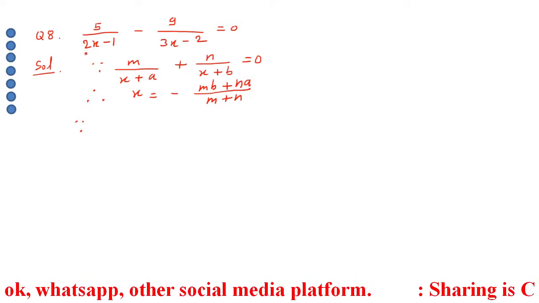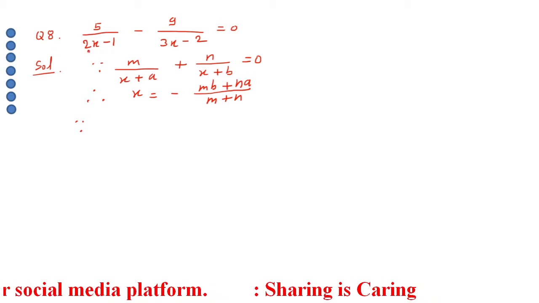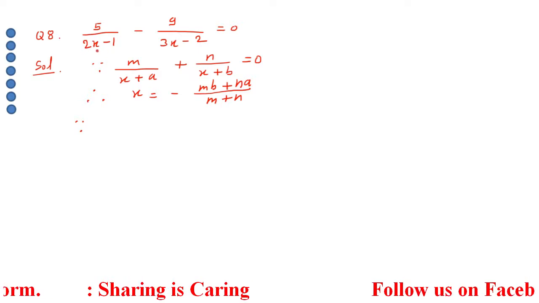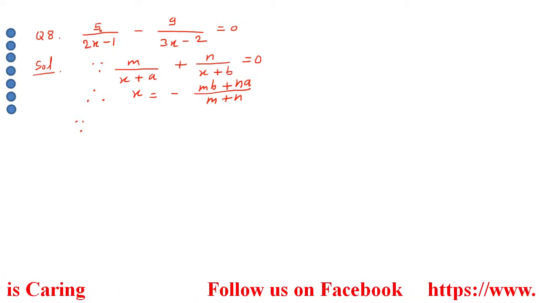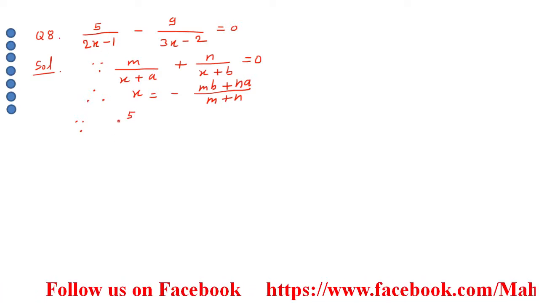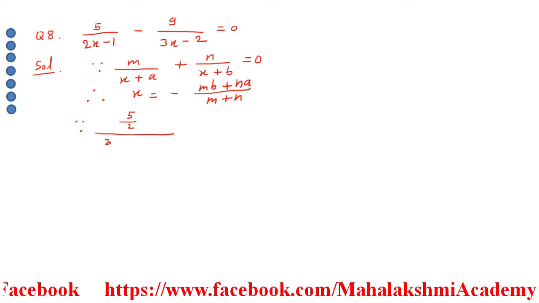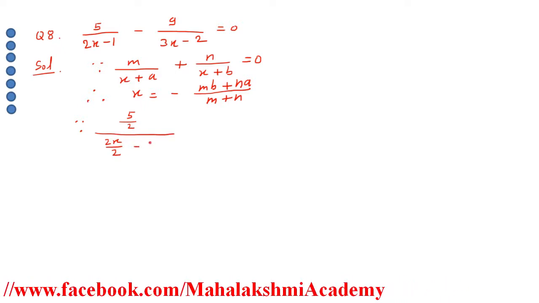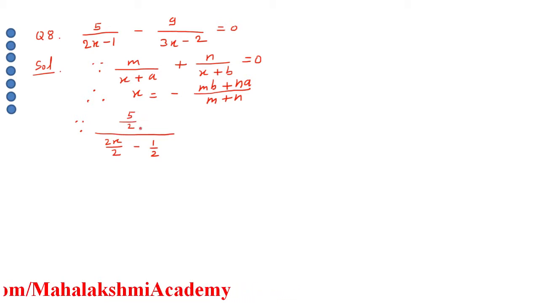So we have to remove this 2, and this 2 is in multiplication with x. To remove this 2, you have to divide the denominator by 2. Now if you are dividing the denominator by 2, then to balance it, you have to divide the numerator also by 2. So when we do this process, it will appear like this: 5 upon 2, then whole divided by 2x upon 2, and then minus 1 upon 2. So what I have done here is I divided the numerator also by 2 and the denominator also by 2.